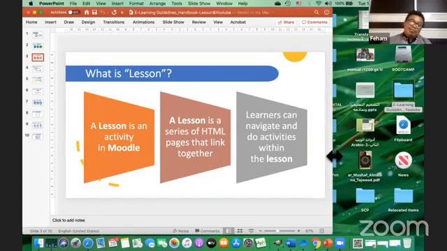So the idea of dividing your lesson into parts, into chunks, is what the lesson module is all about. I think this can be utilized while the student is gaining the materials or experiencing the content. At the same time, there are activities that you integrate or organize while the student is experiencing the lesson itself.